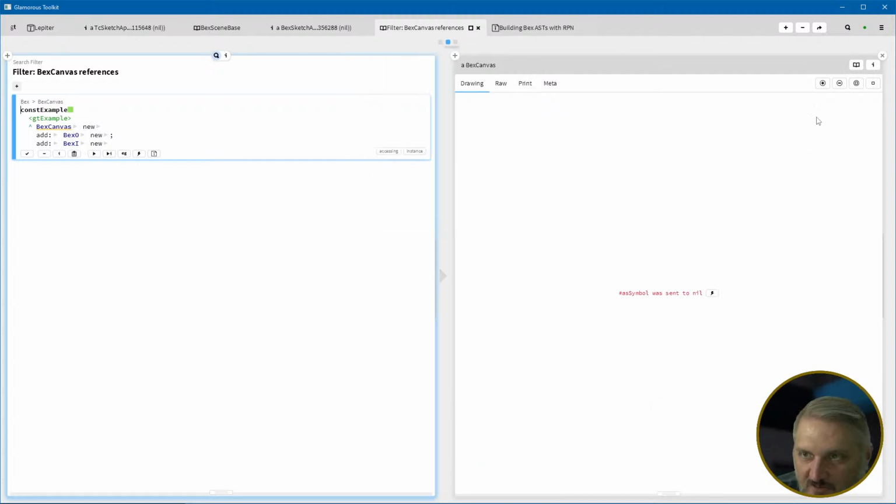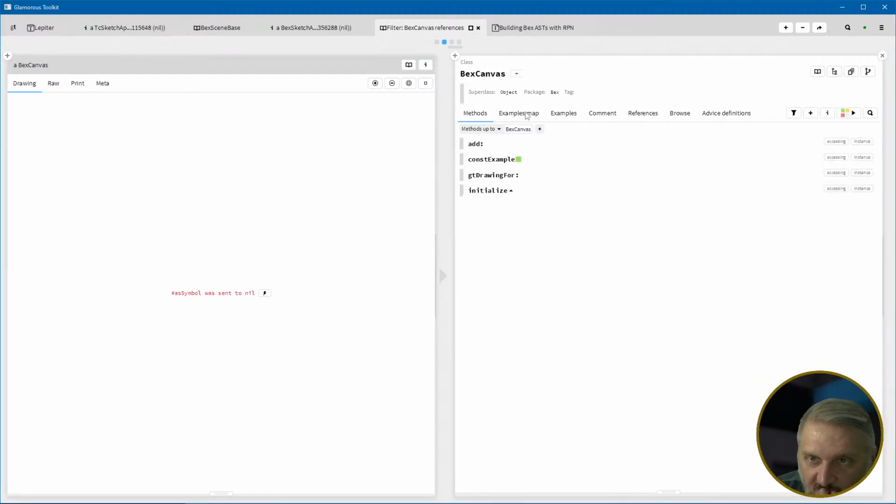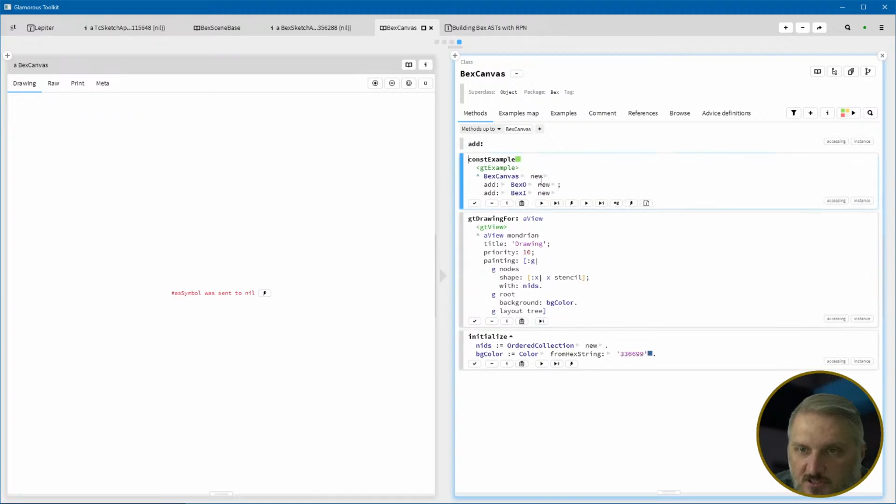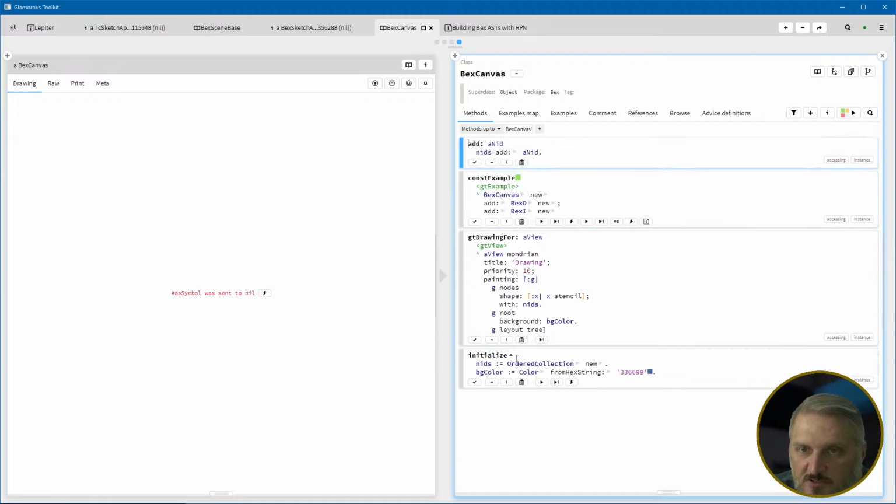I don't think this is a real drawing. Here's the drawing. We made a space for it. Made an example. I don't think this looks like what I'm actually using, right? So